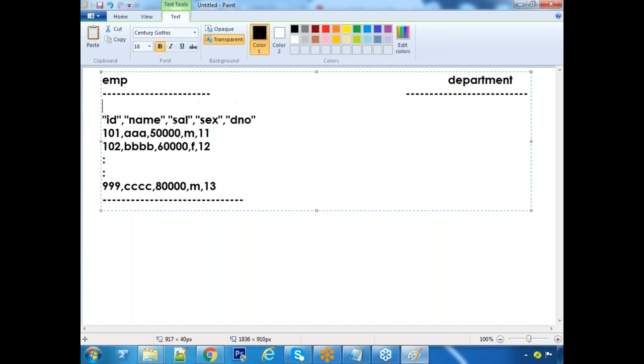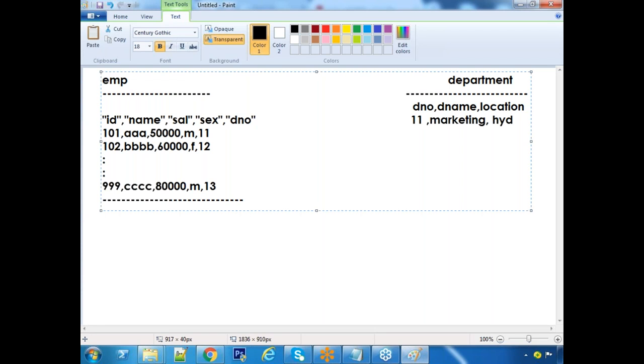Okay. Think that here the schema is like this. Department number, department name, and location. This is the schema here. Of course, imagine that brackets here. First one is 11. Let's say 11 means marketing.